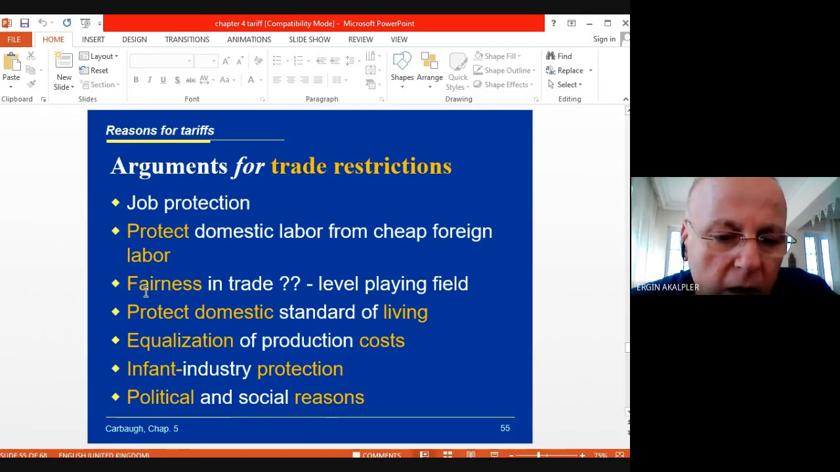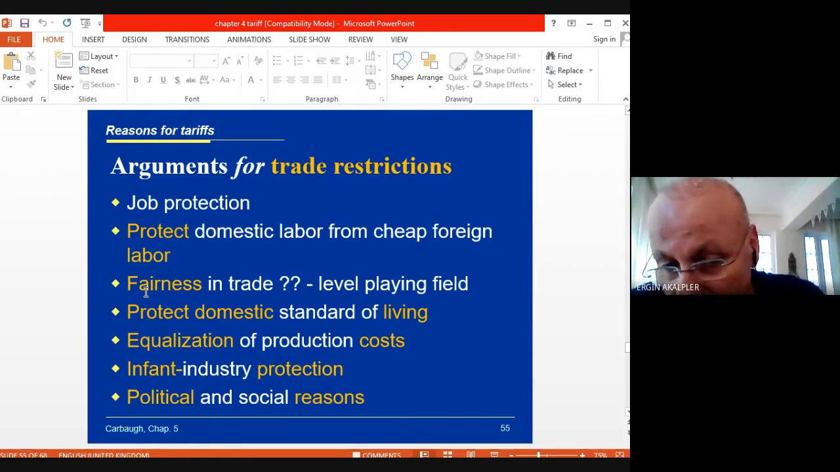Equalization of the production cost is, of course, another aspect. This is another argument. Sometimes it is realized, sometimes not. And infant industry protection is also acceptable. As I said to you, if you have an infant industry and you want to protect it until it develops, you can put some tariff protection, but there are so many tariff and non-tariff measures which are not accepted in this